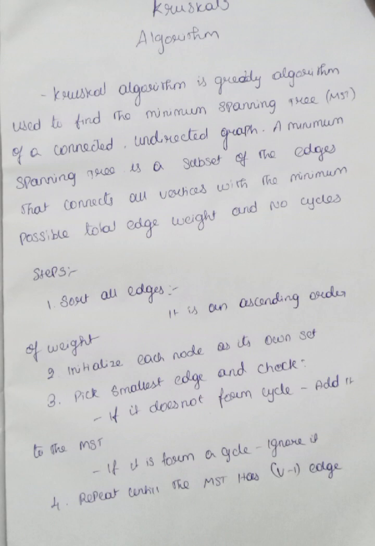Third step, pick the smallest edge and check that it does not form a cycle. Add it to the minimum spanning tree. If a cycle is formed, ignore it. Repeat until the minimum spanning tree has V minus 1 edges, where V represents the number of vertices